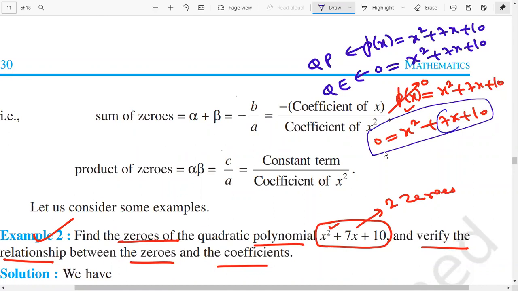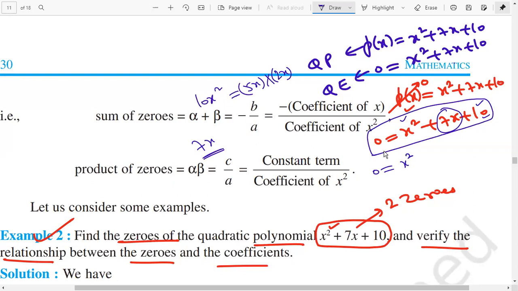So 7x we have to obtain, and 10x square in product. So 10x square by multiplying, and 7x by addition or subtraction. We focus on 10x square. 10x square we can write as 5x into 2x. What is the method of splitting the middle term? The last two values, 10 and x square, we have to get by multiplying, and 7x by addition or subtraction or both mixed. Right, so 5 and 2 will serve the purpose.